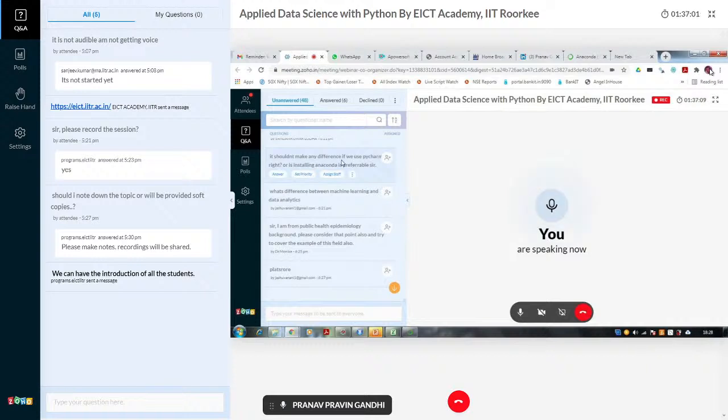It shouldn't make any difference if we use PyCharm, right? Yeah, absolutely not. What is the difference between machine learning and data analytics? Okay, so machine learning is a technology wherein,